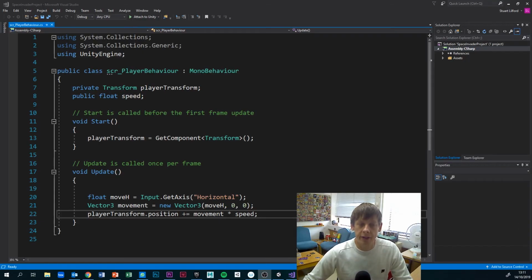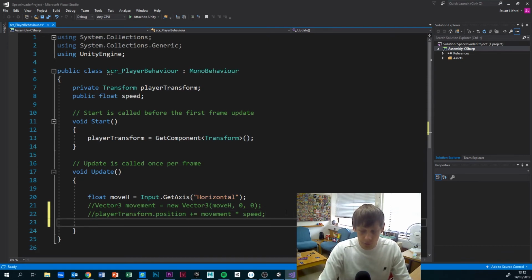Just a heads up that the code that I've just shown you is different from what is shown in the PowerPoint. So if you're using both to follow along with how to make this, they will be different. The reason I've done that is because as I was typing this out and trying to explain it, it felt like this was easier to explain what a vector 3 was and how we were creating one and adding it, rather than what the script in the PowerPoint does, which essentially does this in less lines of code, or one line less. So if I just comment out those two so it will ignore them, what it does instead is